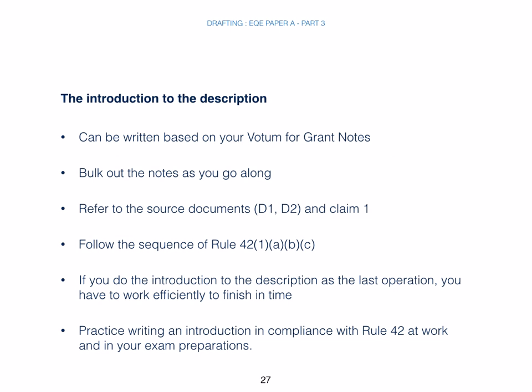Here is some theory for the introduction to the description. You can write up the introduction based on your votum for grant notes that we discussed in part 2 of the tutorial. As you go along, you can bulk out the notes. As you go along, you should refer to the source documents, which are D1 and D2 and Claim 1, and incorporate the necessary facts from them. And you should, above all, follow the sequence of Rule 42.1 A, B, and C,